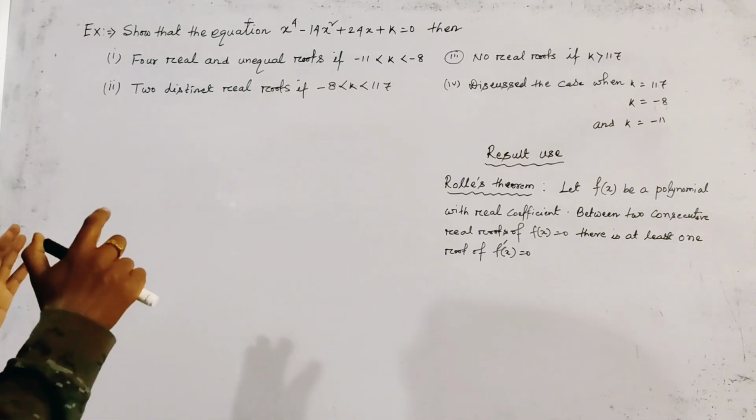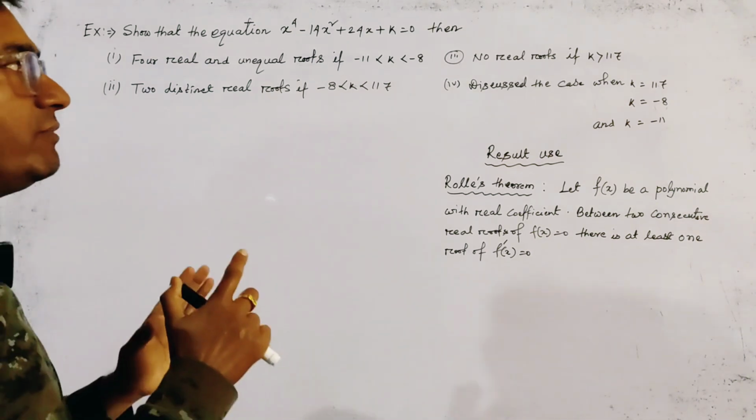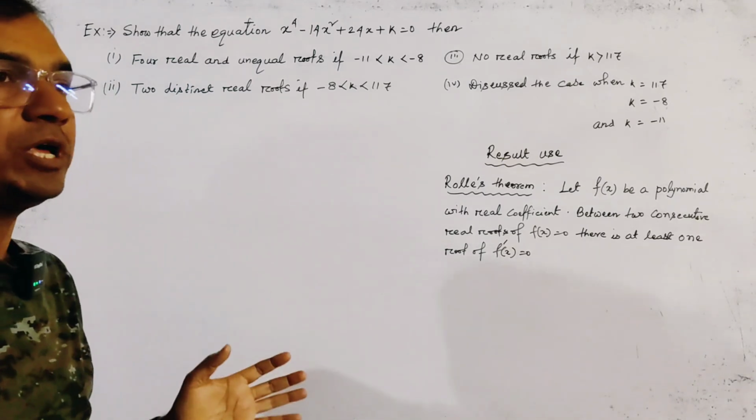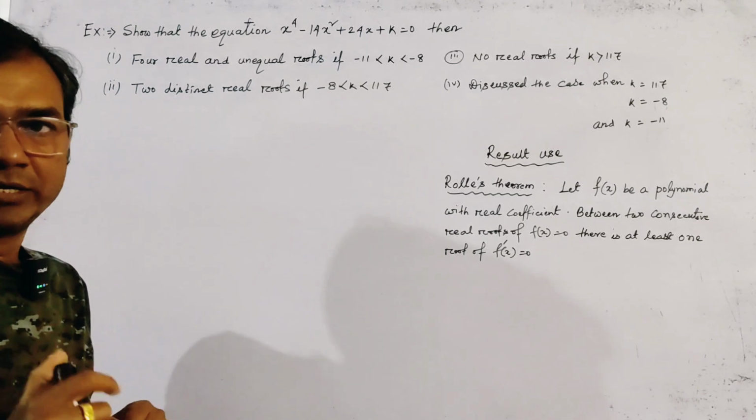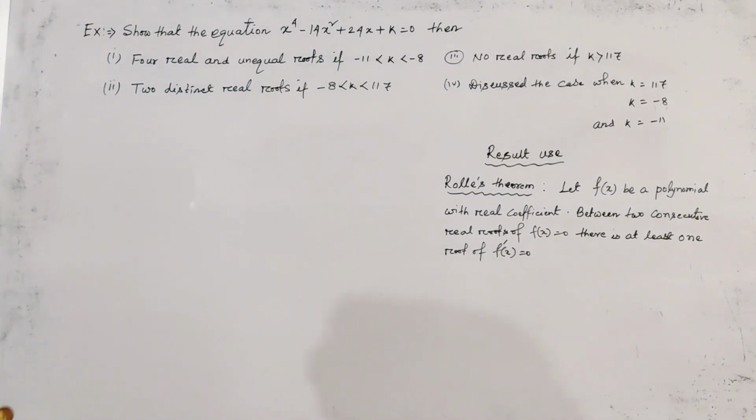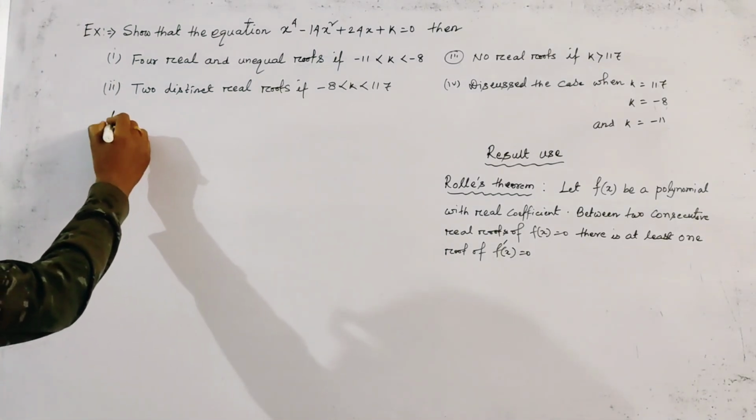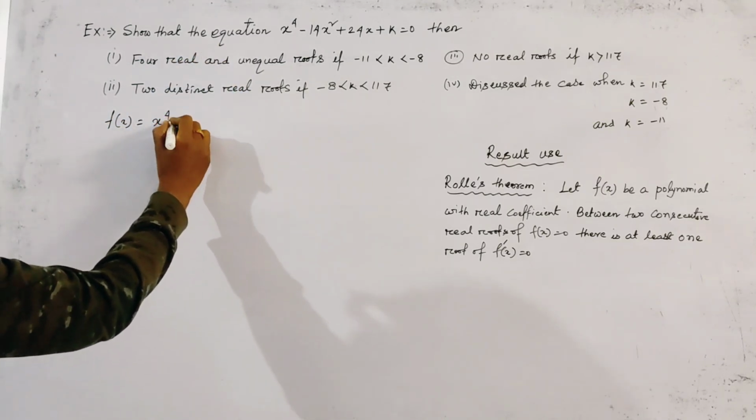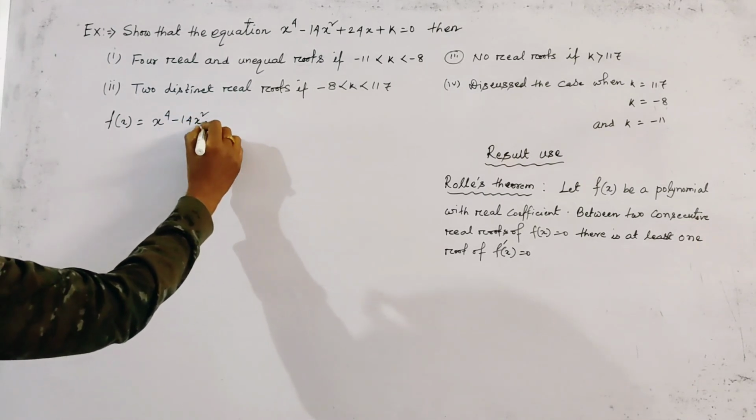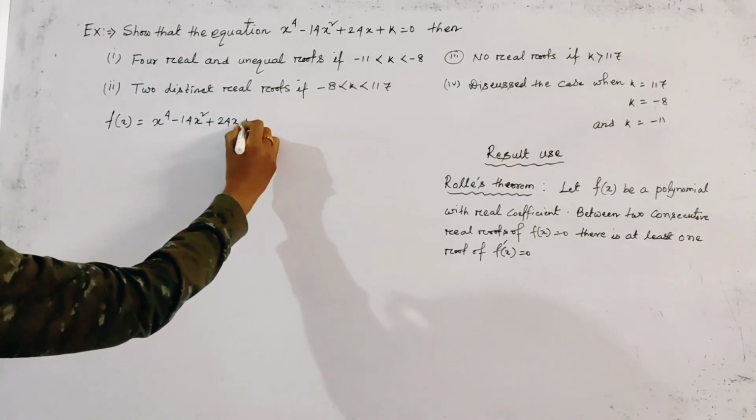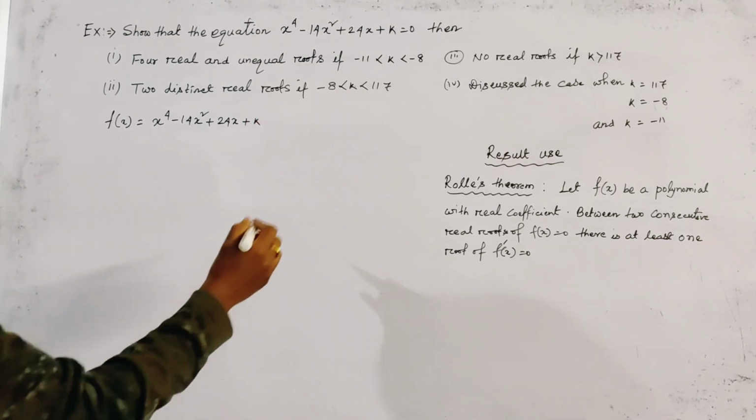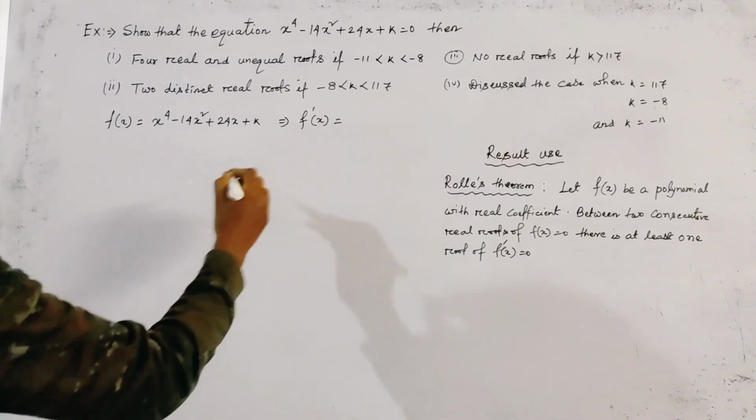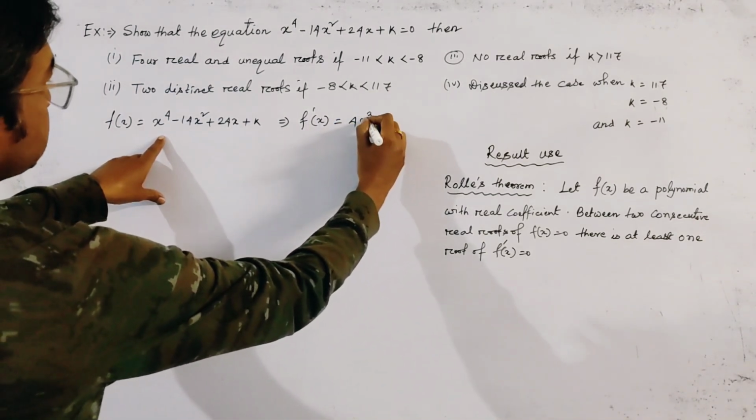That is, we have to find the range of k for which the equation has 4 real roots, 2 real roots, no real root, etc. In this type of problem, we first let the given polynomial be f(x) equals x to the power 4 minus 14x square plus 24x plus k, and we differentiate this. f dash x is given by 4x cube minus